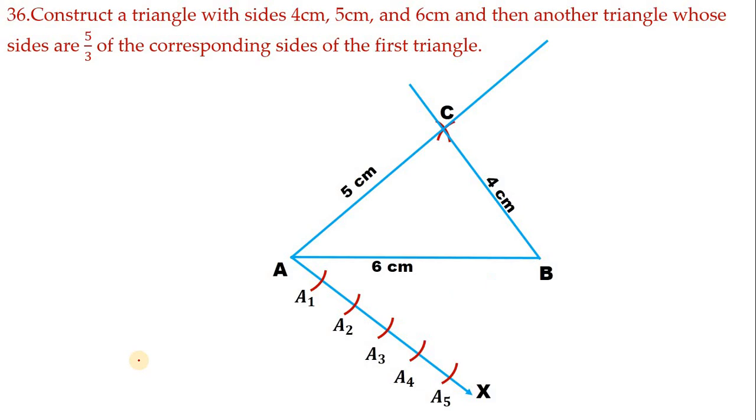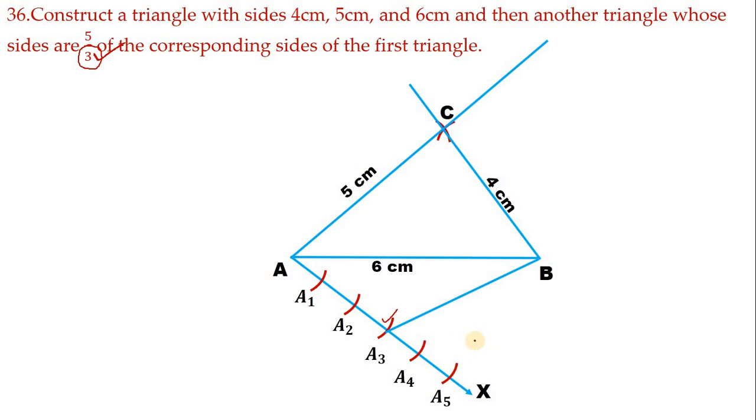Next, what you have to do is look at the denominator. You have to look at the denominator only. This is the thing you have to keep in mind. First, look at the greater number. Next, that greater number can be anywhere, whether in the numerator or in the denominator. But now you have to look at the denominator only. How much is there in the denominator? 3 is there. So you go to 3, A3. Now join A3 to B.